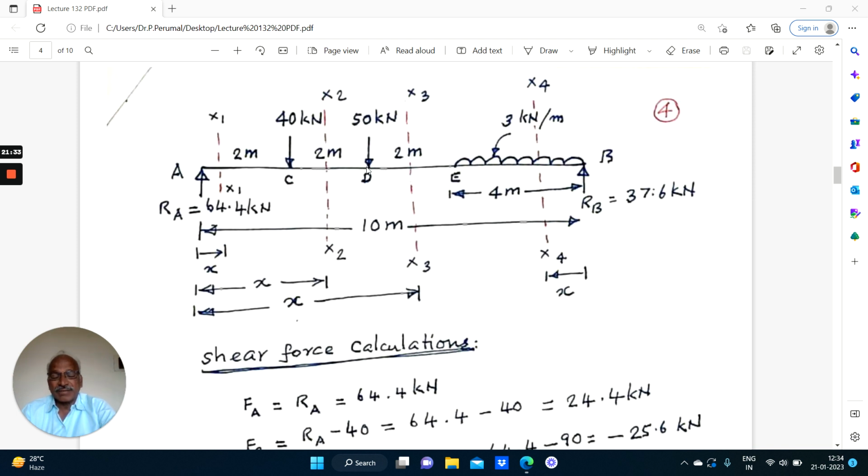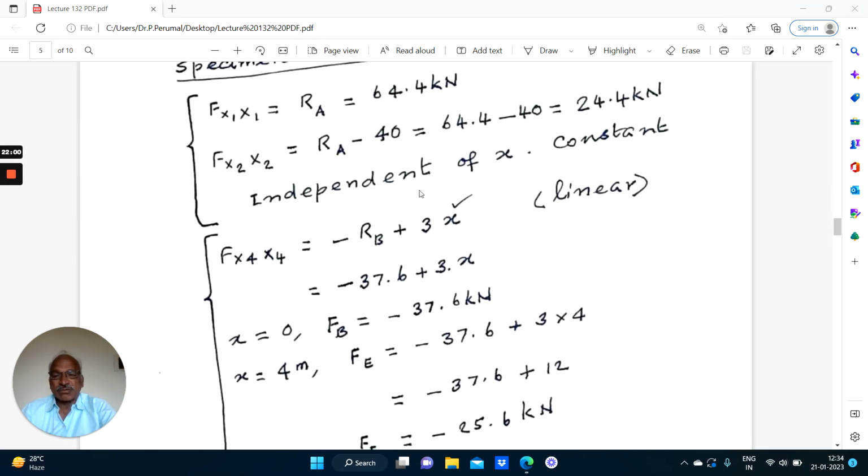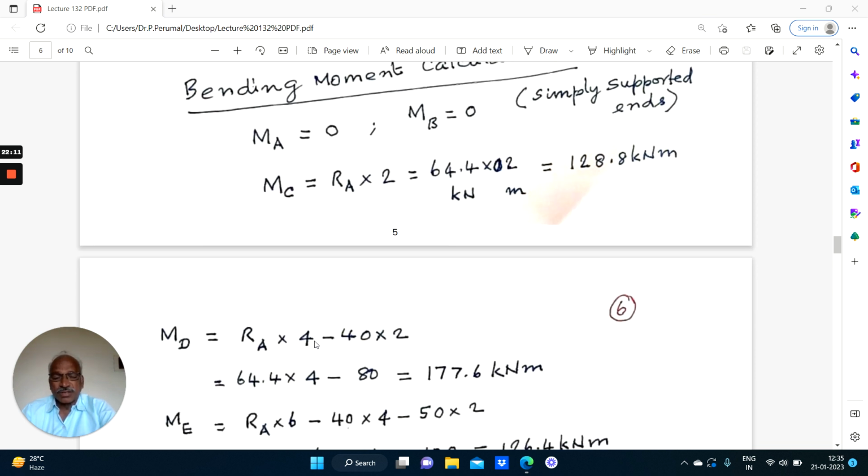At the point D, it is 64.4 into 4 minus 40 into 2. So this is clockwise, this is anti-clockwise. Left clockwise positive, anti-clockwise negative. So it is 64.4 into 4 minus 40 into 2 that will be the bending moment at the point D. Coming to the calculations, MA equal to 0, MC equal to RA into 2, 128.8, MD equal to RA into 4 minus 40 into